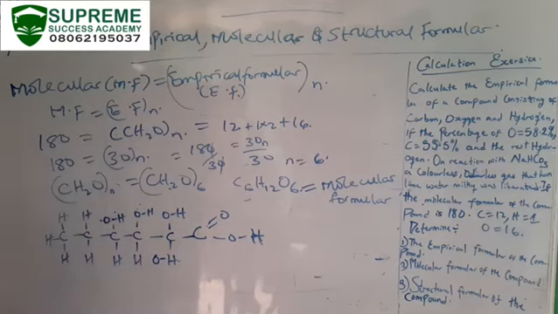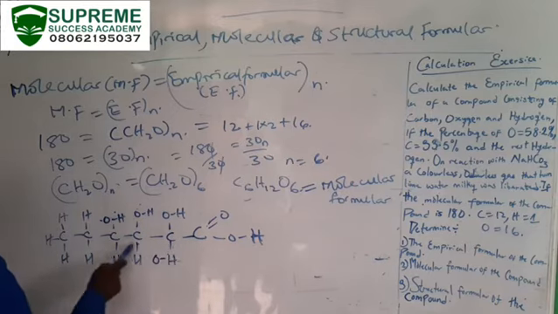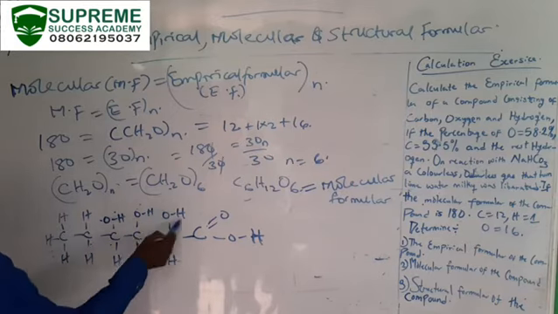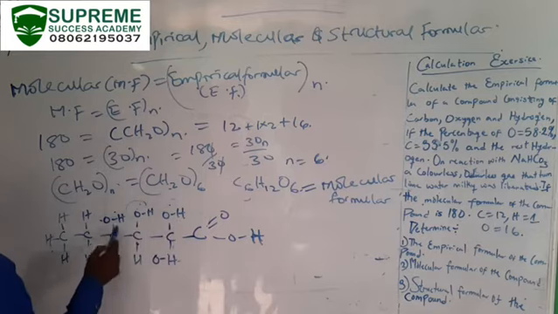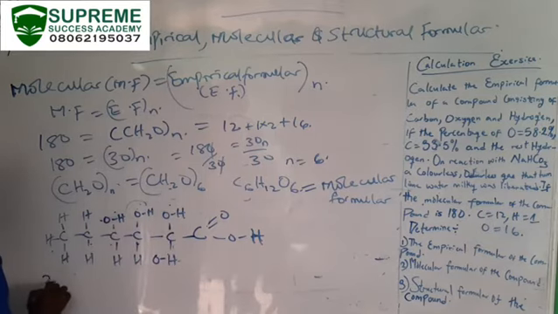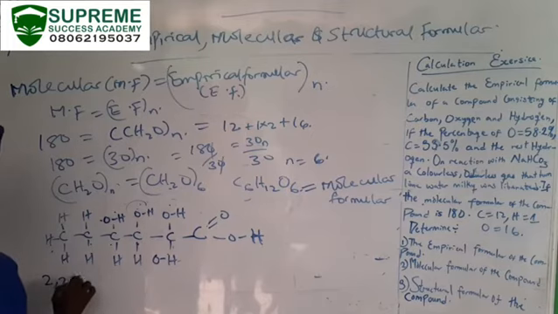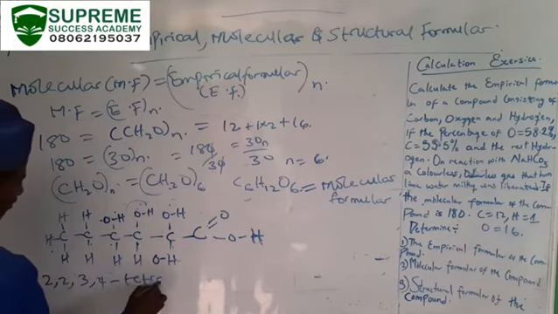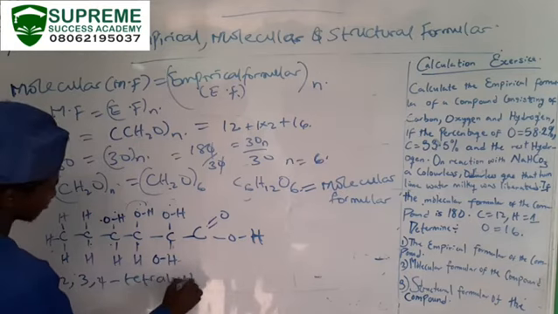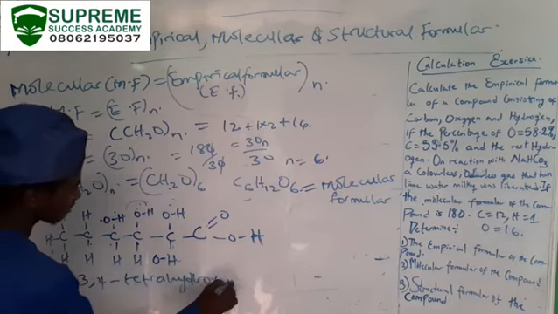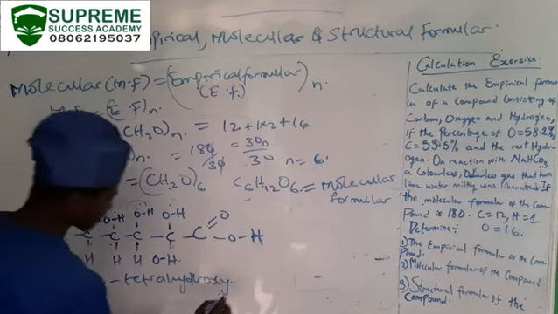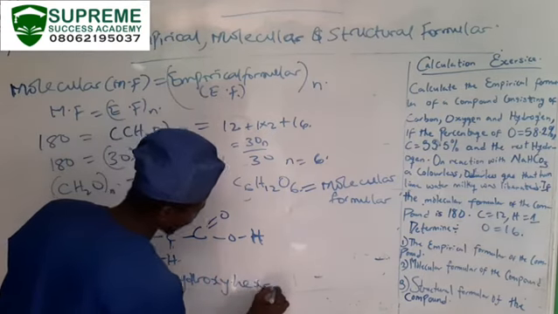So the number of hydrogen is complete as well. So the name of this compound is 2, 2, 3, 4 tetra hydroxy, 1, 2, 3, 4, 5, 6, that's what? Hexanoic